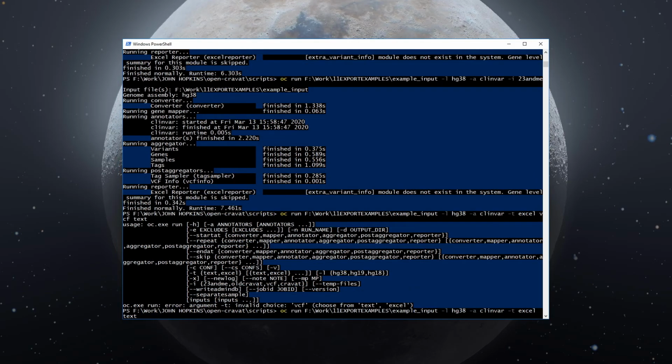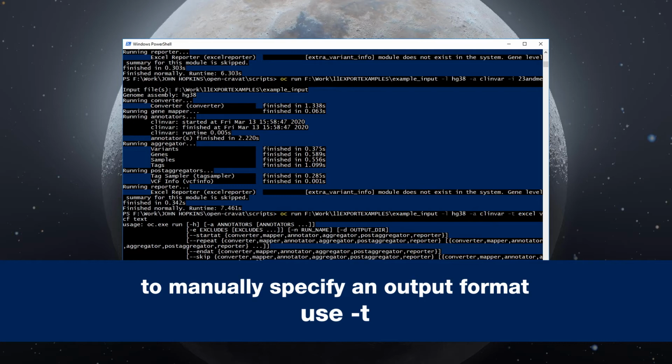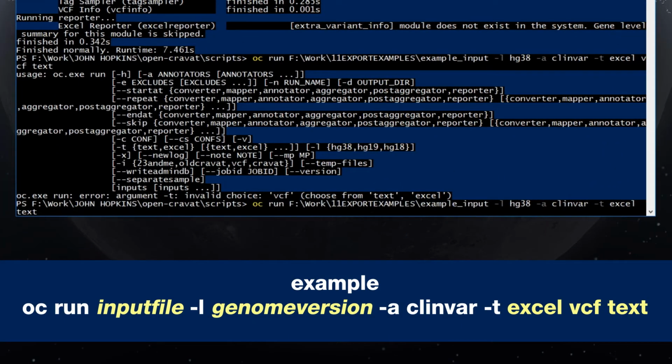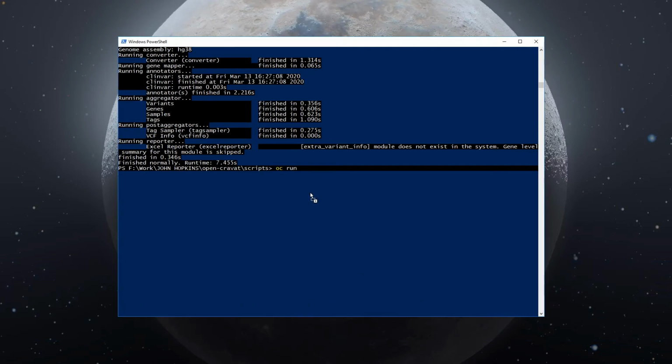There are several file formats that can be returned by OpenCravat by default. Users can install reporter modules to create different output formats. To select output formats, use the -t option. Otherwise, it will revert to the default Excel file format. oc run inputfile -l genomeversion -a clinvar -t Excel VCF text. This command will annotate your input file with clinvar annotations and create an output file in Excel, VCF, and text